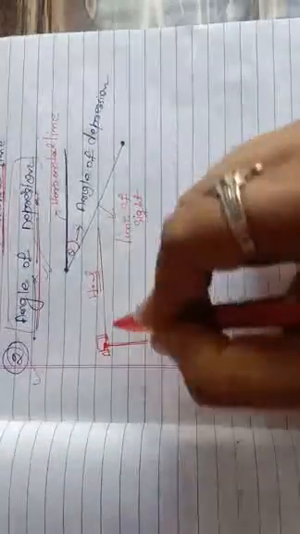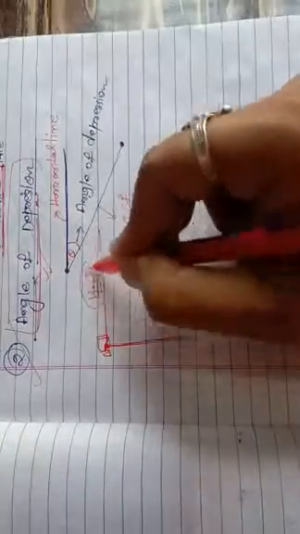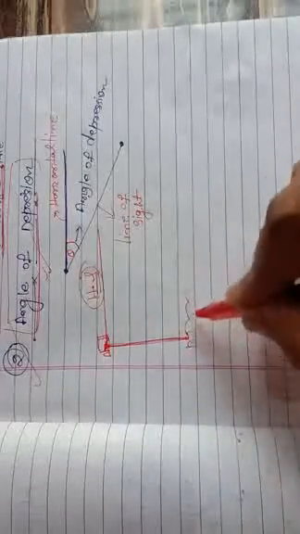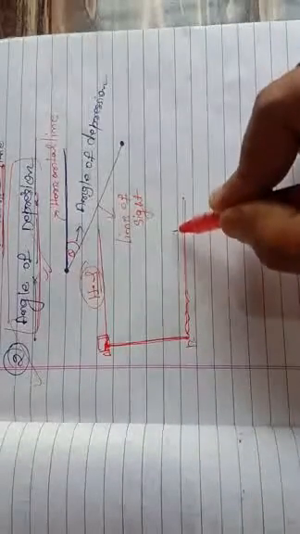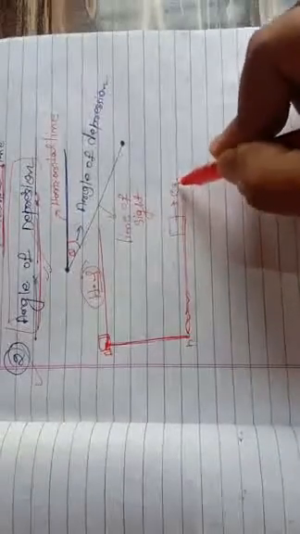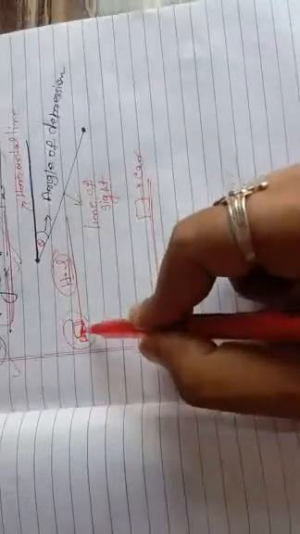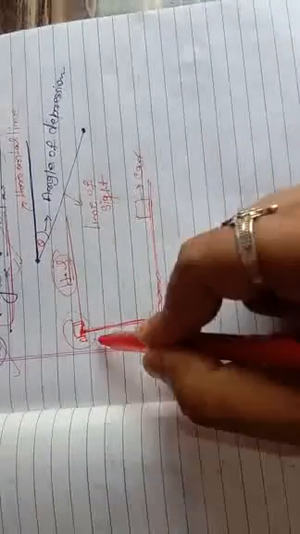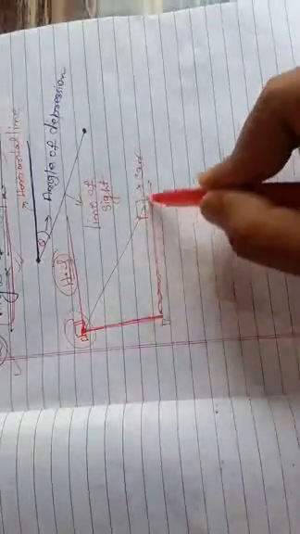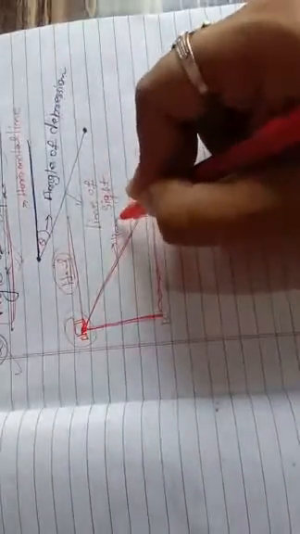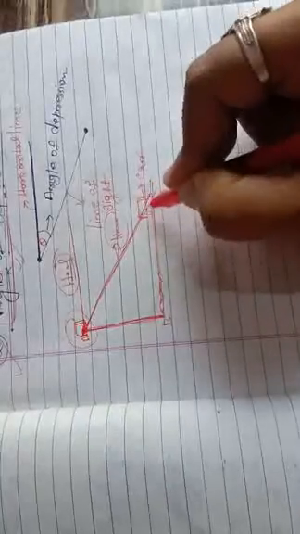Suppose in that condition you see an object which is present below the top of the building. Suppose this is the road, and one car is moving. Suppose this is a car and you are standing at the top of the building. This is your eye and this is the car, so you are pointing towards the car. This is called the line of sight, the line joining the object that you see to the point from where you see, and this is called the horizontal line.